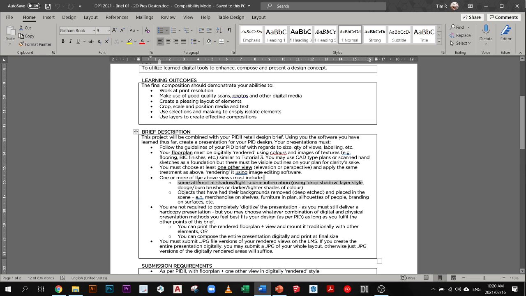So in addition to including some kind of attempt at shadow or light, I'd also like to see objects that have their background removed, in other words deep etched, okay, and placed in the scene. For example, merchandise on shelves, or furniture in plan, or silhouettes of people, or branding on surfaces, or something like that, okay? So if you're going to digitally render your perspective, and you have some product on the shelf, like maybe you have a beauty product or something like that, or maybe you chose the wine shop, okay, you can